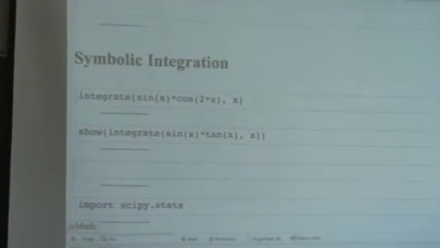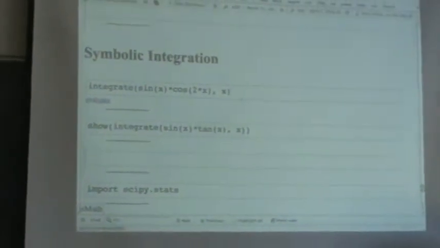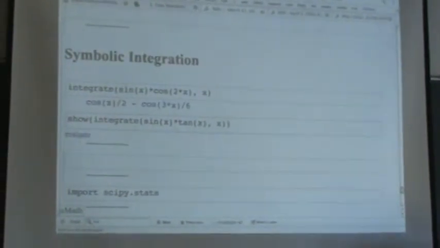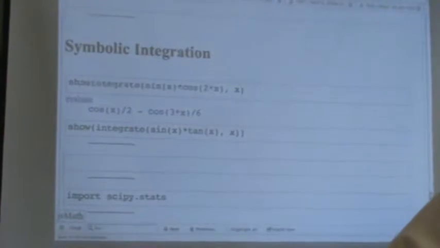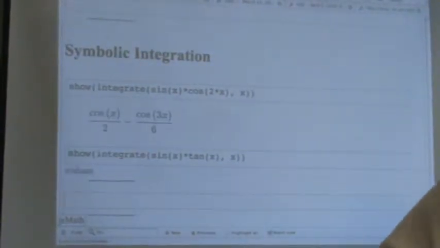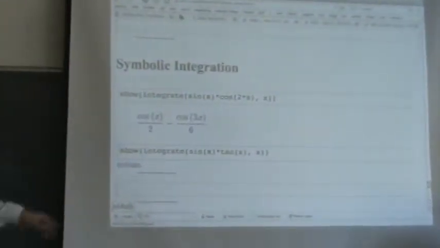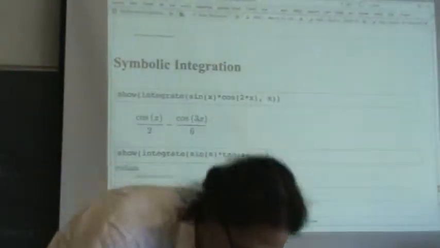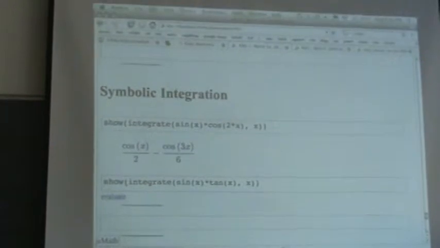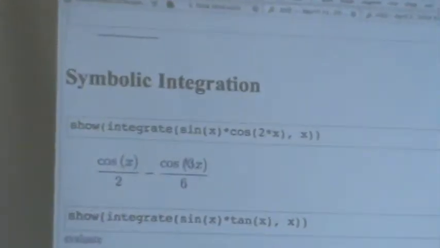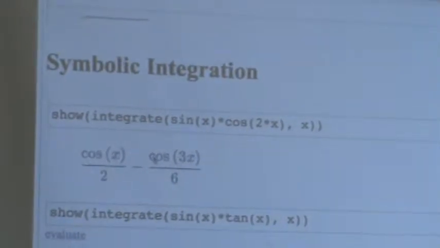All right, next example, symbolic integration. So you can type in a function and then integrate it and get an answer. And by the way, just like before, if you type show, you can get the answer in a way that is typeset and looks a little prettier. By the way, the typesetting here is pretty neat. It's not just an image there. It scales nicely, and you can select individual characters out of there.